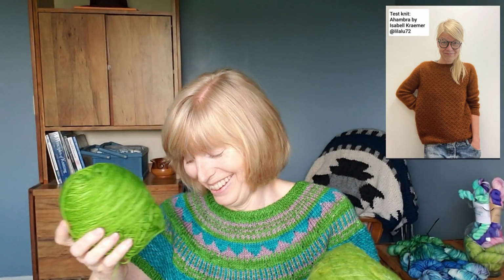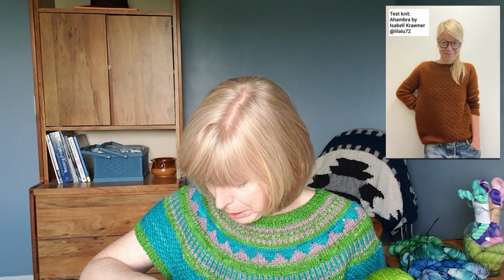I think that's all of the little things I wanted to mention before I get to some of the new to me stuff. Remember I said that I am going to be test knitting Alhambra. This is a new pattern by Isabel Kramer. That's what I said at the beginning, in case you missed it because you were rinsing a dish or something like that. I do that sometimes and miss what people say in podcasts. Anyhow, speaking of Knitty McPurly,